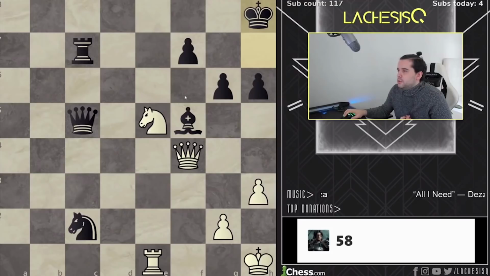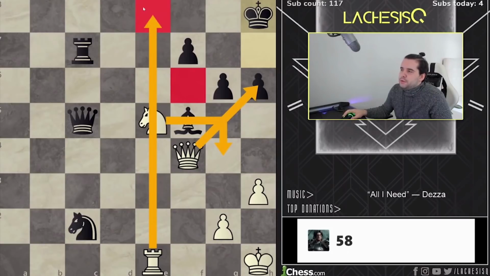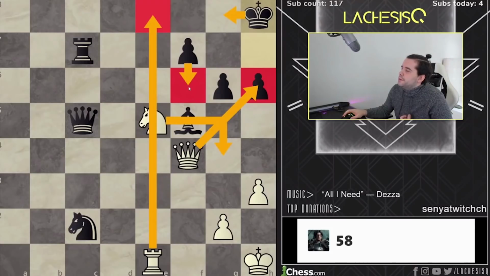Okay, these ones should be also simple. So clearly we want to deliver that mate. So maybe queen h6 and knight g4, just a simple way. And there is no way to protect both this and that. So queen h6, king g8, knight g4. And if he plays f6...